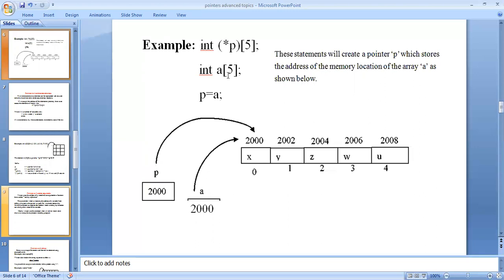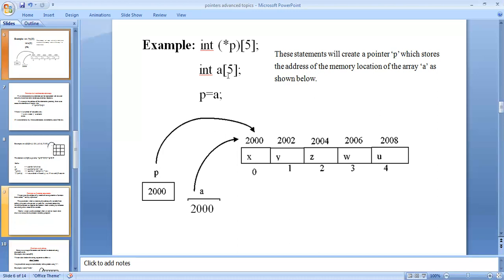That means the values of a are assigned to p. Right hand side elements can be assigned to the left hand side, so the memory location of a can be assigned to the p value. These statements will create a pointer p.